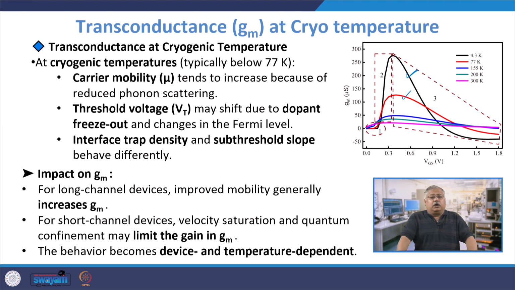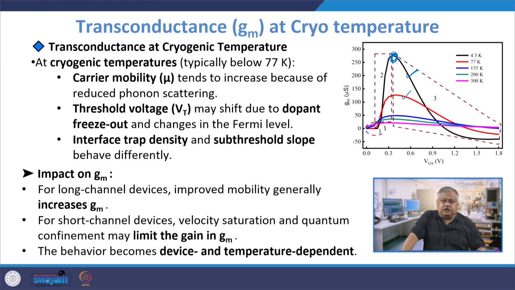Further, when there is quantum confinement, the charge particles are confined to certain energy levels, and this may limit the gain in the transconductance. That is the reason you see your transconductance goes up to approximately 250 microsiemens, and then starts to shoot down, because at those values the quantum confinement effect takes over, and this tends to make the rate of change of current fall, which means that the behavior actually becomes device and temperature dependent, which is quite critical for working at